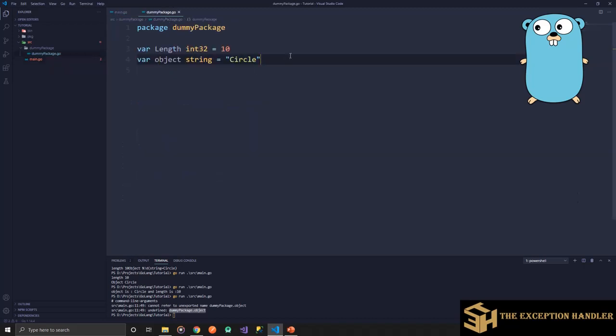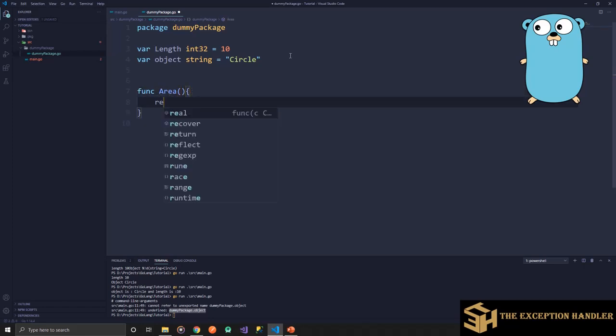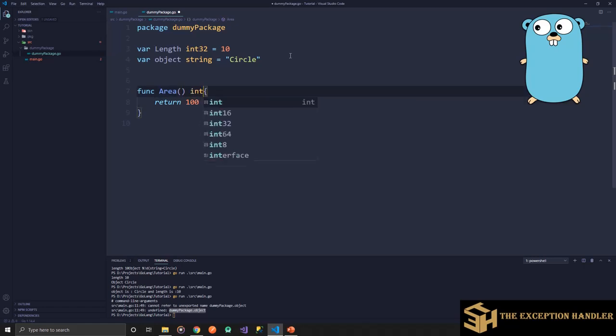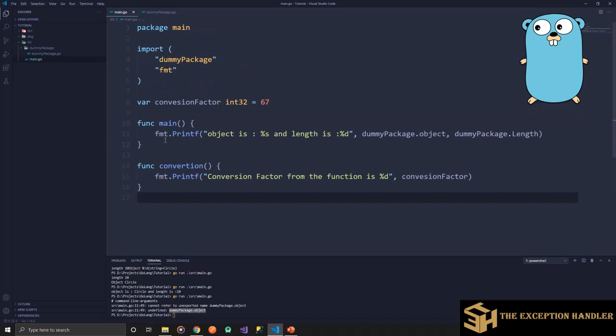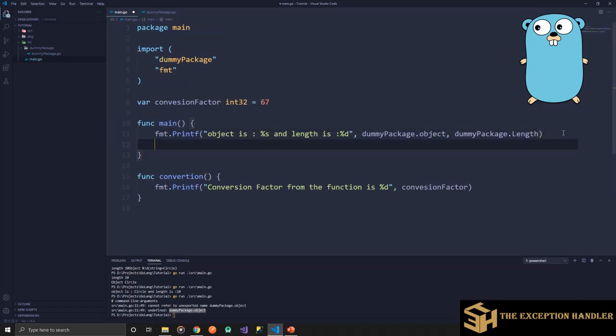Now let's create a function over here, function area, and this will return area as 100 and return type is int. Now if I try to print this, fmt.Printf, area is percentage d, dummy package dot area.